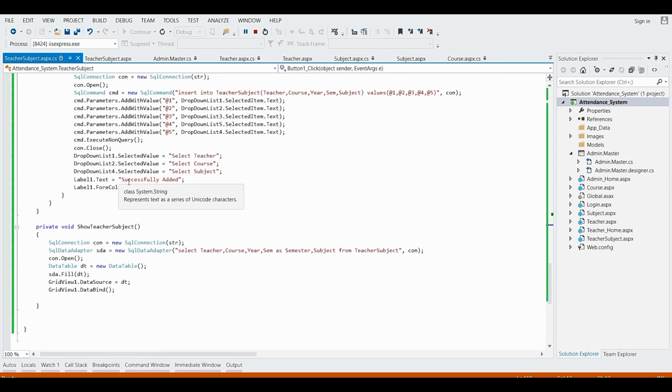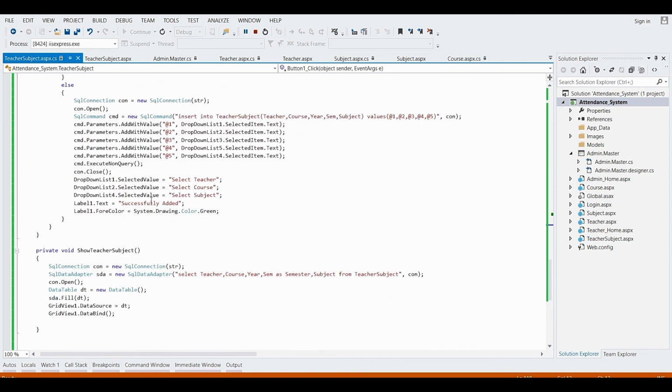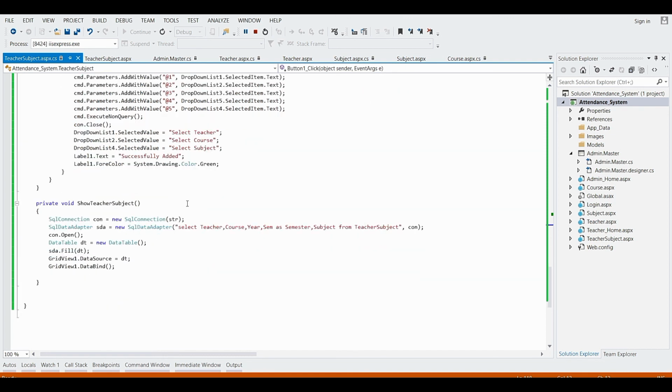And we have to display the text message that it is successfully added, meaning the subject we are assigning to a teacher is successfully added, in green color.